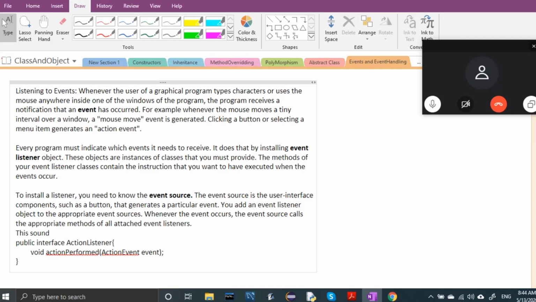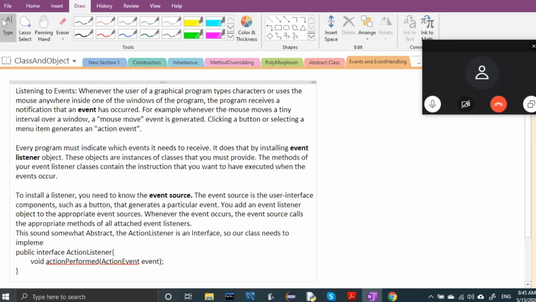This sounds somewhat abstract, but our class needs to implement the ActionListener interface and override the method.